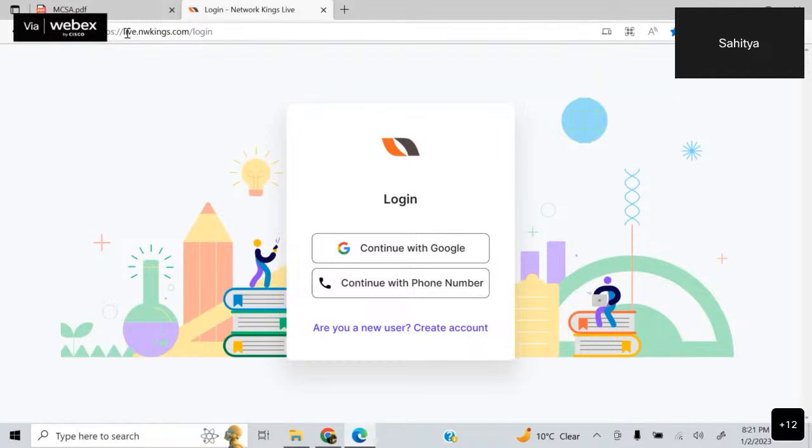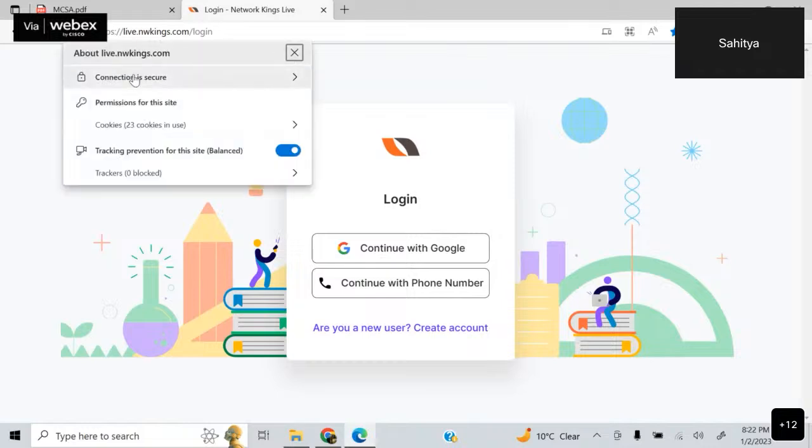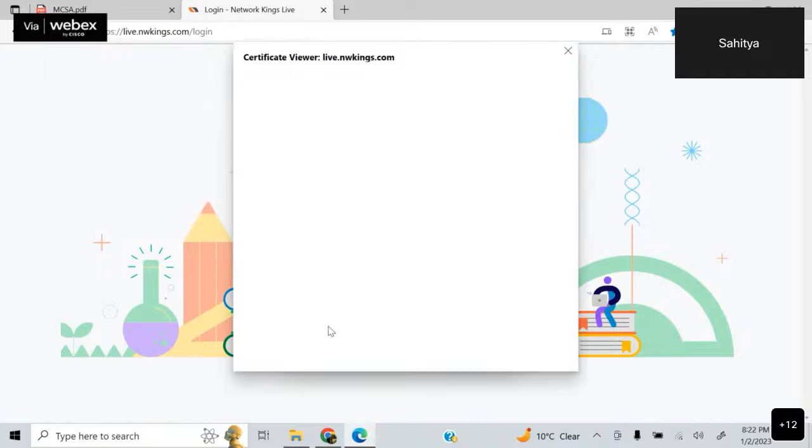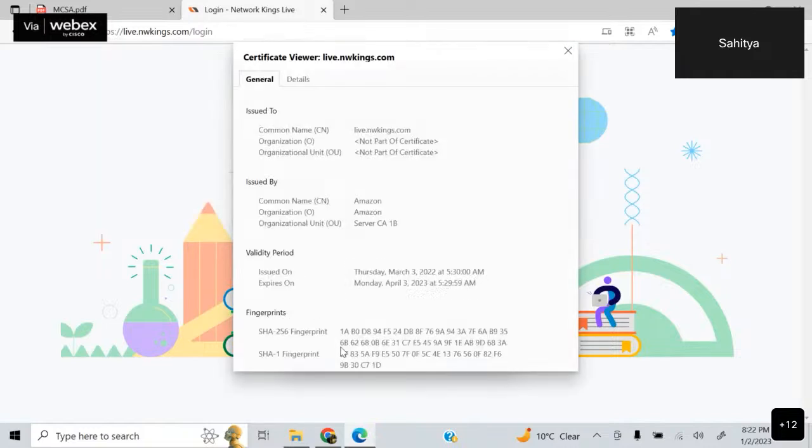right? If it is HTTP, then whatever request I send through the network will go in plain text. A hacker will be able to check whatever I am accessing, he will be able to get it. But if I'm accessing with HTTPS, then my request is traveling in encrypted form. And this encryption is basically taking place by these algorithms. So this is part of cybersecurity, right? But you should be aware of how our connection is getting secured to any website,